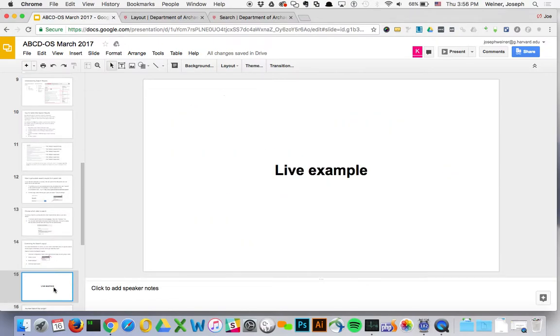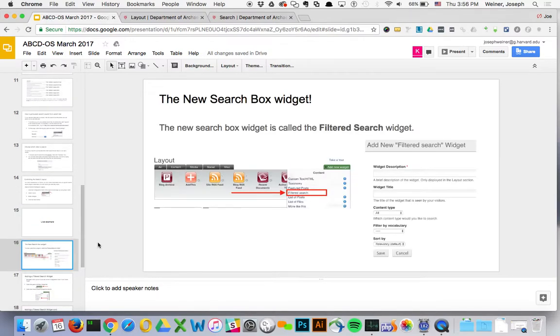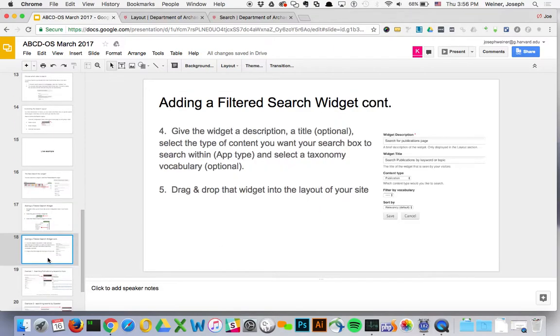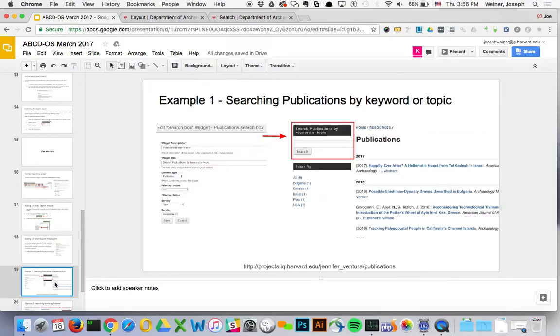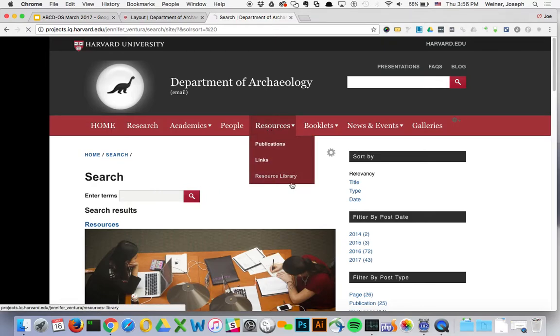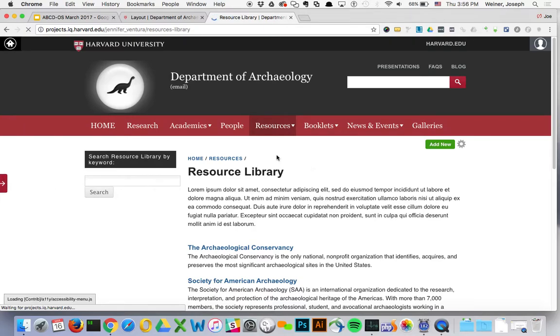So, okay, we talked about the layout already, and we'll move on to the live example. I kind of jumped ahead in the presentation. This is showing the new filtered search widget is in your list of widgets. Adding the filtered search widget, and then we'll go back to our publications. So I know that there are publications that we added. These are actual publications